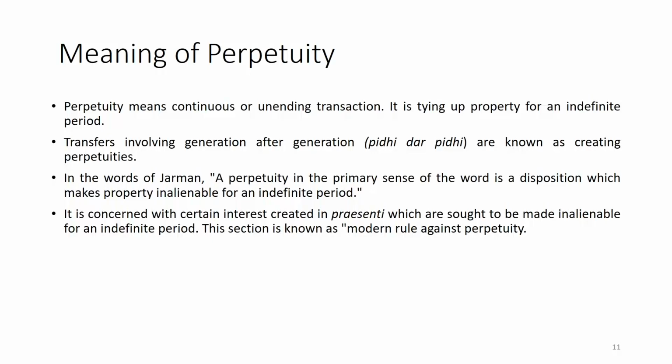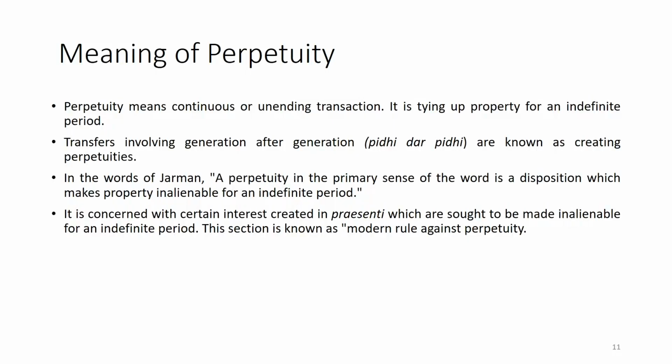Next important point is rules against perpetuity. It is also related to unborn person. Rules against perpetuity. Perpetuity means what? It is about continuity. So, when we talk about perpetuity, it is related to interest in property itself, okay. And the rule against perpetuity is that any property should not be ownerless.